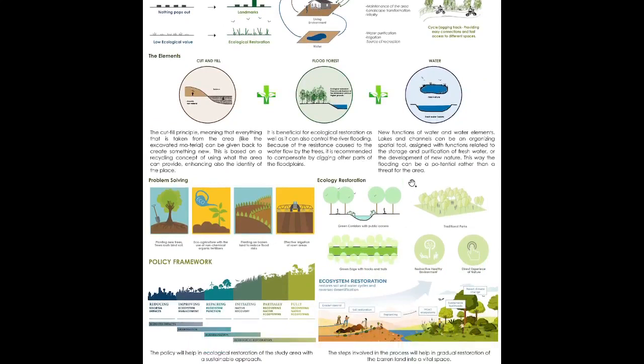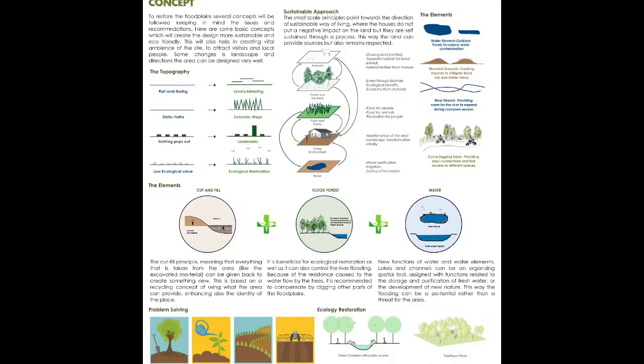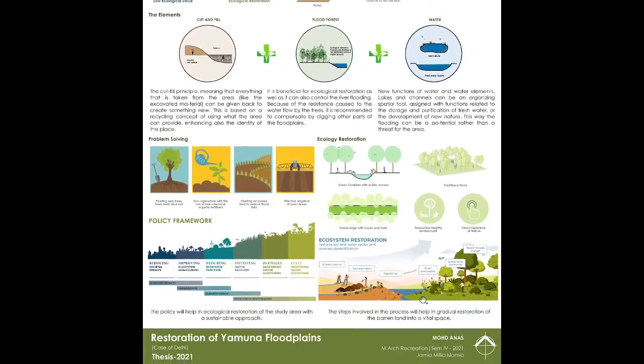So ecological restoration can be done through green corridors along the area, which is highly abused with solid waste disposal, and a green edge to the tracks and trails will make it more ecological. Then direct connection to the ecological area will bring more nature-based recreational activities, and a policy framework can be improving, repeating initiatives partially and fully, and then we can achieve an eco-sensitive ecological restoration of the particular floodplain. Then coming on to the proposal part.